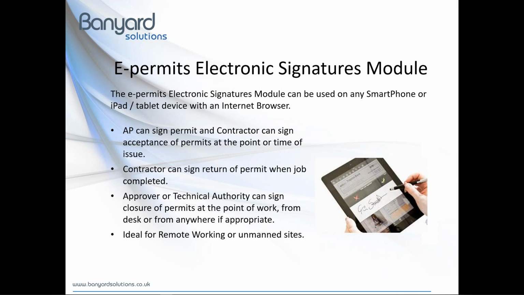The electronic signatures module enhances the use of your existing ePermit system, enabling permit documents to be issued and closed on a device such as a smartphone or an iPad or any tablet device, as long as it has access to the internet. An issuer can sign a permit, and a contractor can sign acceptance of permits at the point or time of issue